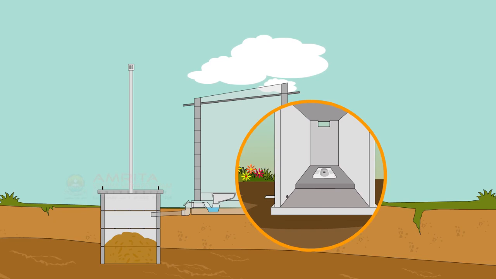Bathing area and bathing water drainage. This is the bathing area. Notice that the toilet area is an elevation from the bathing area. This is to ensure the water from the bathing does not flow into the toilet and fill the pit. The bathing water can be drained and directed to the garden or vegetation.